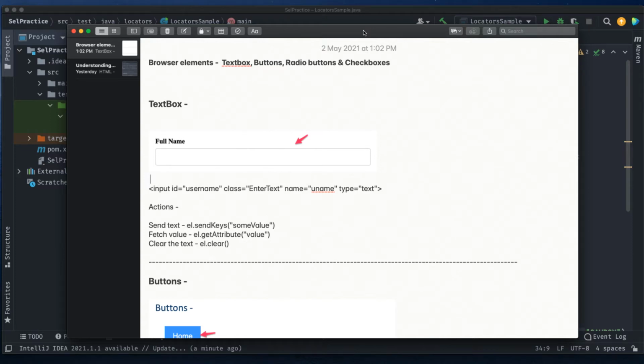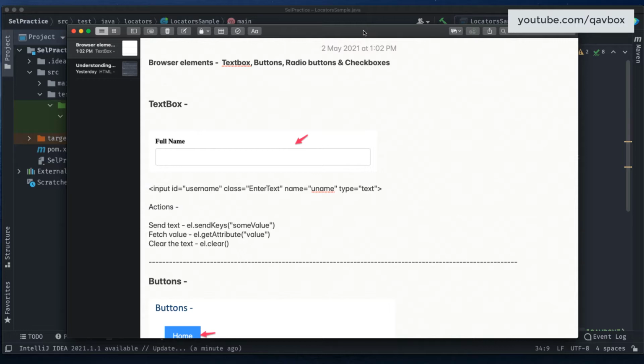Welcome back. In our Selenium with Java series, today we are going to see the browser elements. How do we automate different kinds of browser elements? In our previous session, we have seen the locator strategy, meaning how Selenium identifies elements and all the available methods. Now, by utilizing those methods, we have to automate or validate different properties and actions of